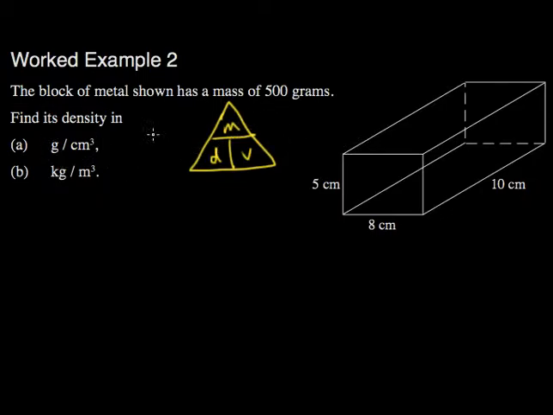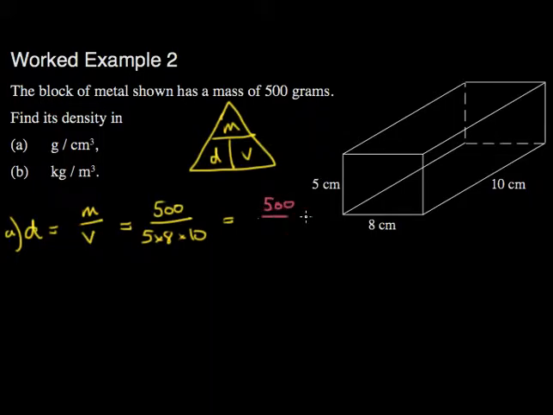So to find its density, I would cover up density, and the density is the mass divided by the volume, which would be 500 divided by the volume, which is 5 times 8 times 10. And I could write this as 500 over 400. Cancel the zeros out, leaving 5 over 4,